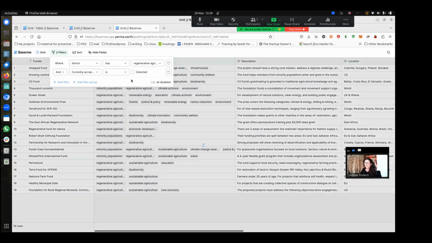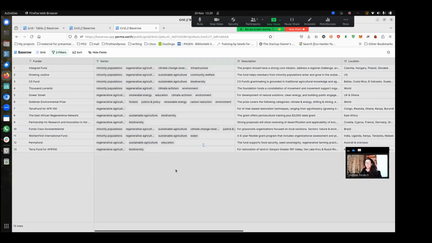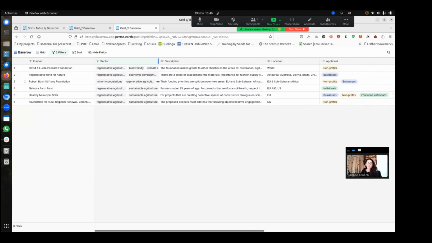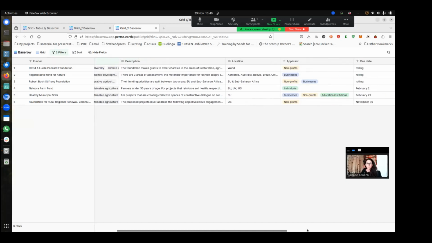Currently accepting applications. So these are important filters for me to be able to process. All that information is now reduced to 6 entries, which gives me a much clearer idea of what's really available for me right now. I can also scroll using the scroll bar at the bottom here to just see the